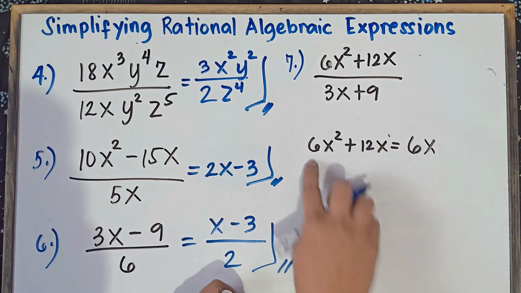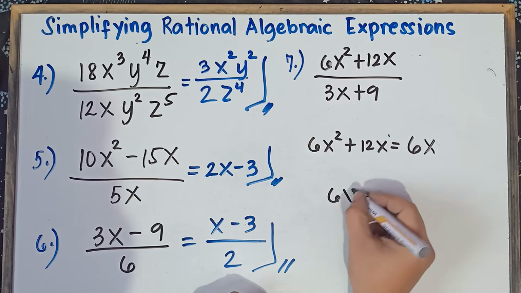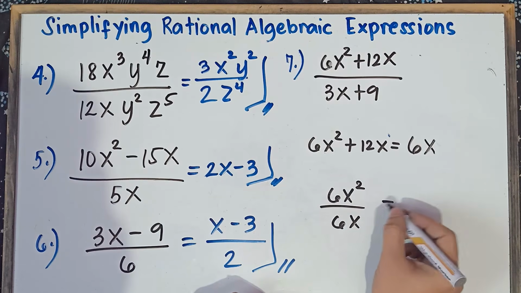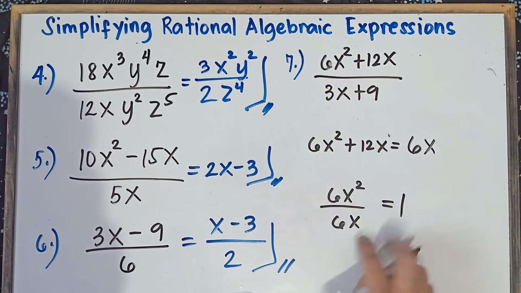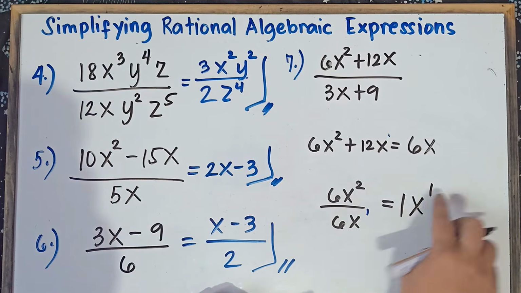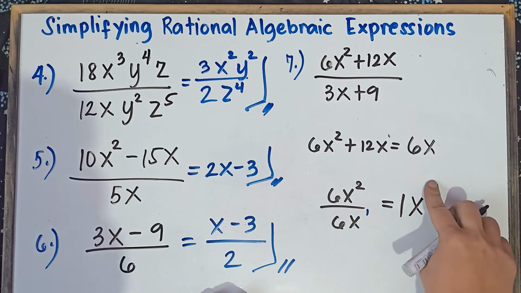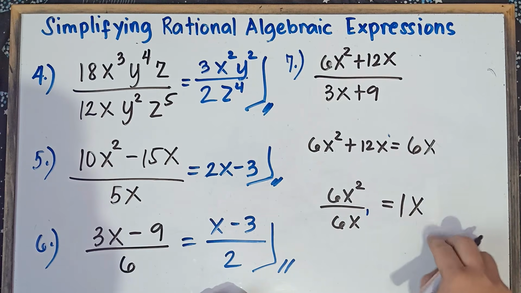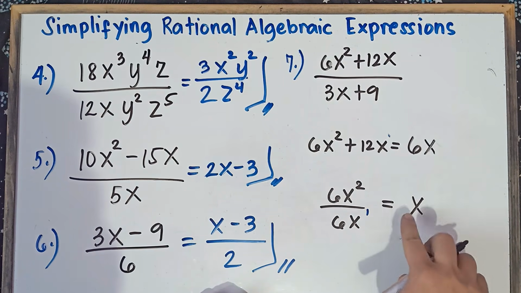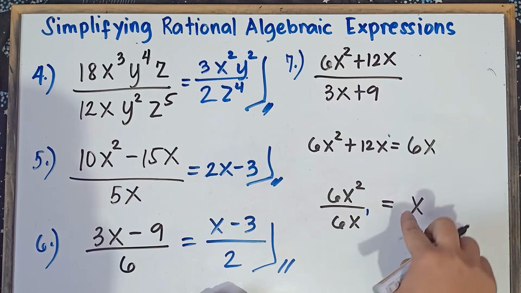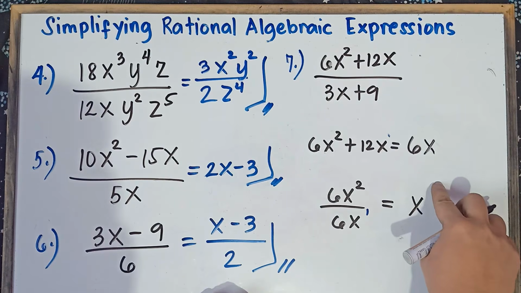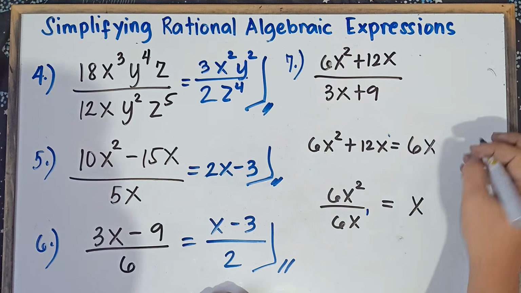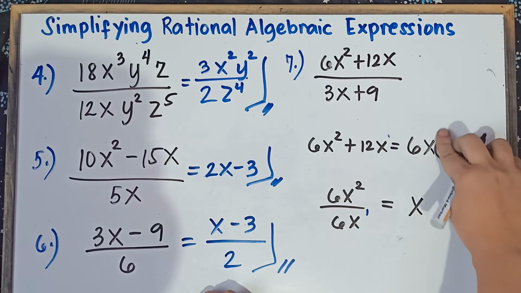And then simply divide 6x squared by 6x. 6 divided by 6 is 1. X squared divided by x, that would be x raised to the power of 1. Subtract the exponent, 2 minus 1 is 1, or simply copy x. So we can erase the 1 here. Understood that there's a coefficient of 1 and then an exponent of 1. So 1x raised to the power of 1 is just the same as x. So this will be 6x multiplied by x.